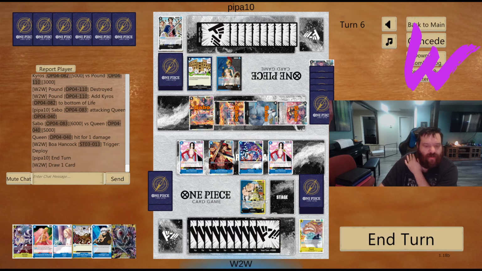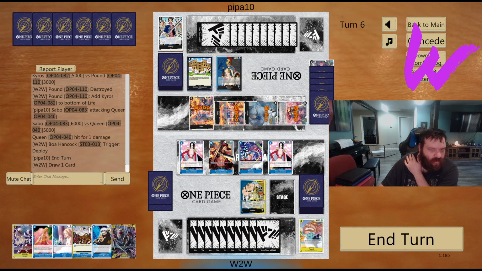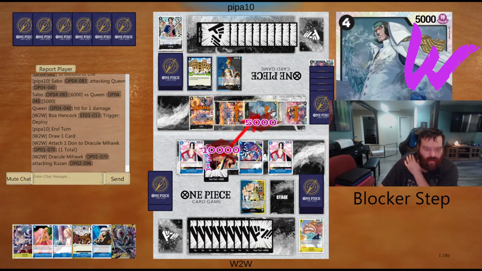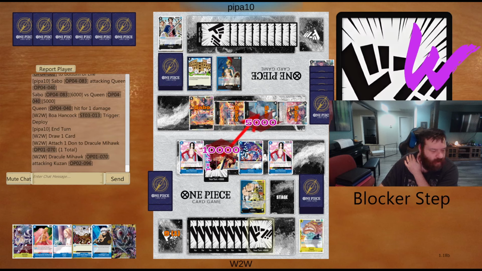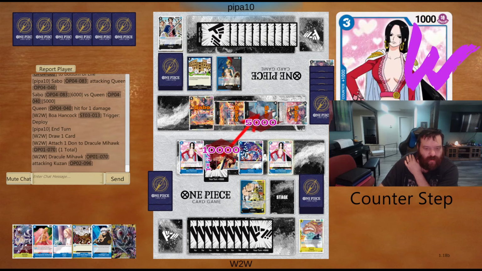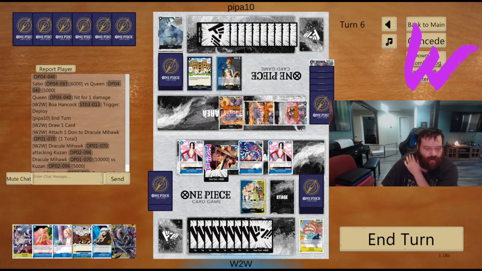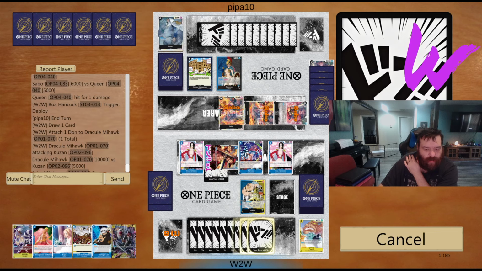Yeah. All right. So I definitely want to clear this first. That's the most important one. We've got one Katakuri. We put one Kairos Way in life with Pound. Now we just start clearing what he attacks with. Like, he can block, I guess, but...